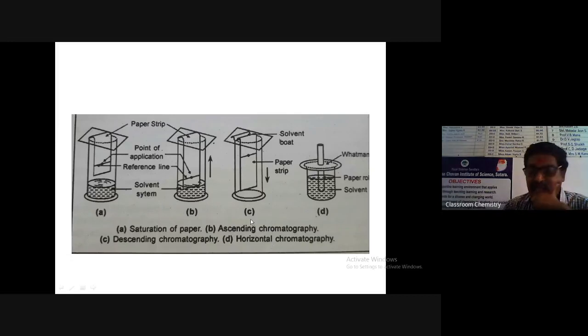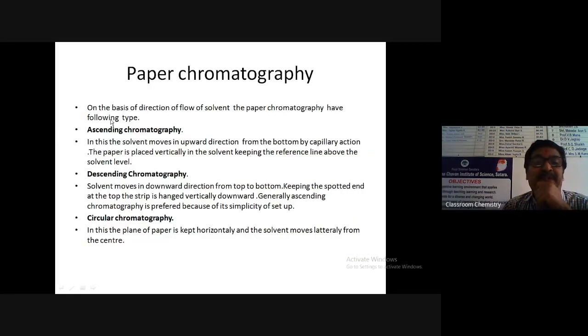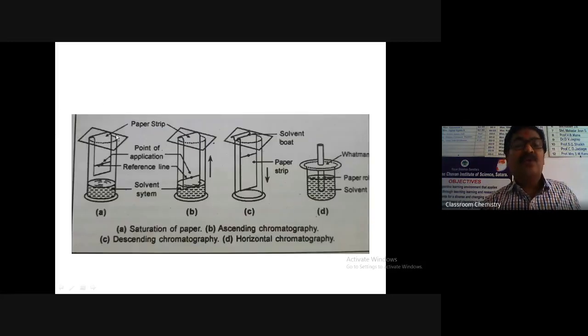So there are 3 types of chromatography depending upon the direction of flow of solvent: ascending chromatography, descending chromatography and circular chromatography. Ascending means solvent moves in upward direction, descending means solvent moves in downward direction, and circular chromatography means the paper is kept horizontally and solvent moves laterally from the center of the paper. So this type of chromatography is known as circular chromatography. So these are the different